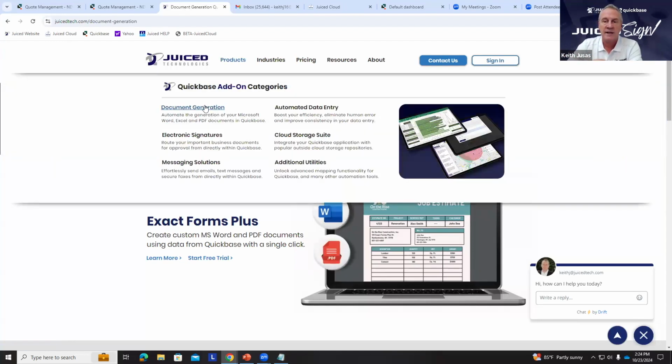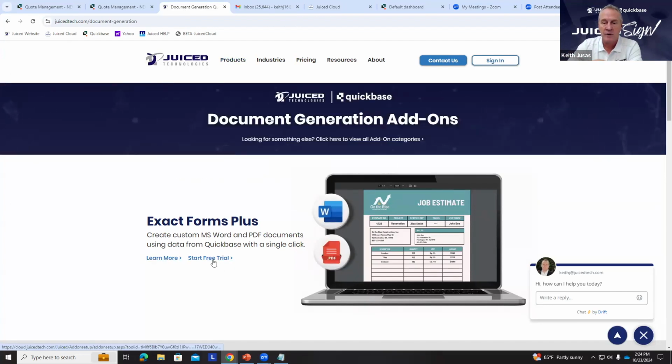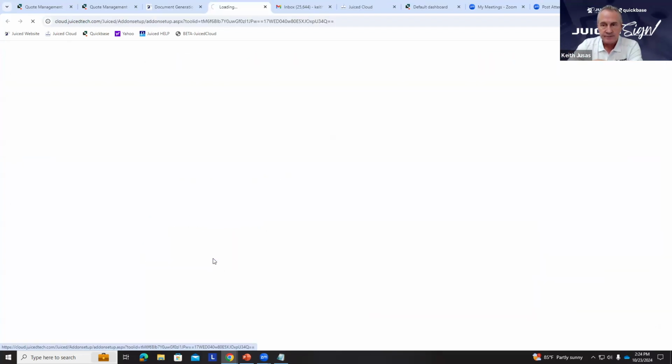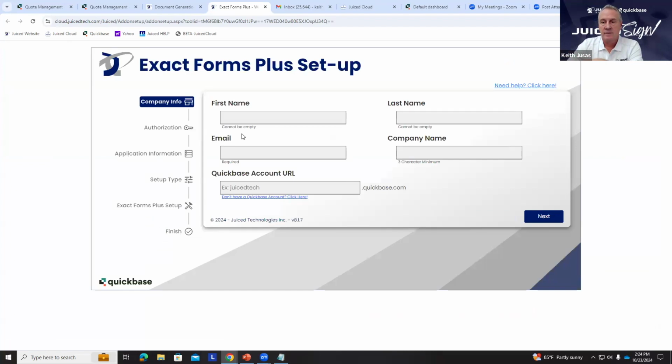But if you went to our main website and you go to document generation and you go to start a free trial, you're going to get this screen here. So this is where, if you're an existing Quickbase customer, Exact Forms Plus customer, or any add-on of ours, you won't go through this. You will do the setup through our cloud. But just for those of you who might not be with us just yet,